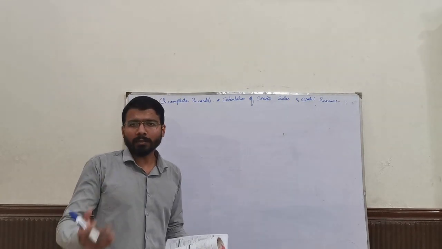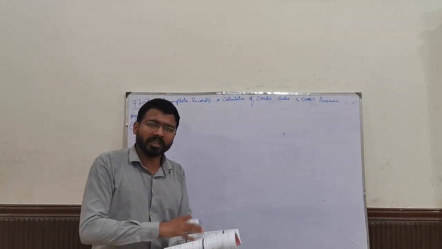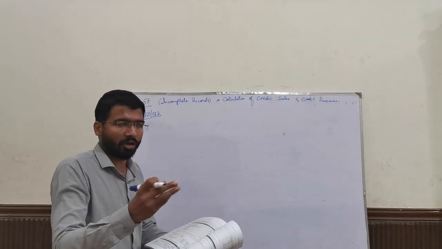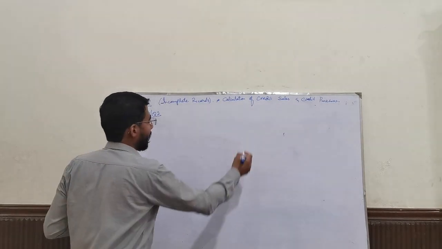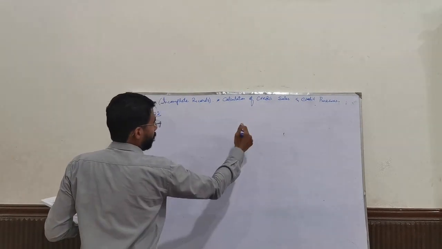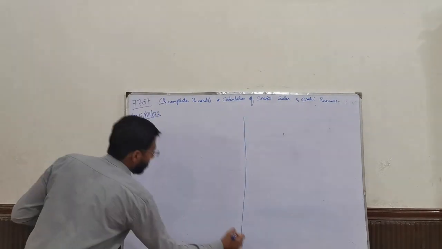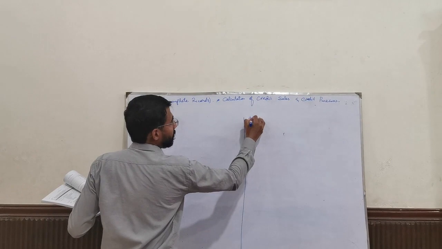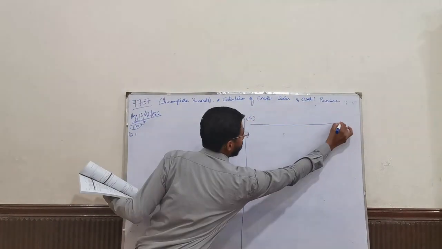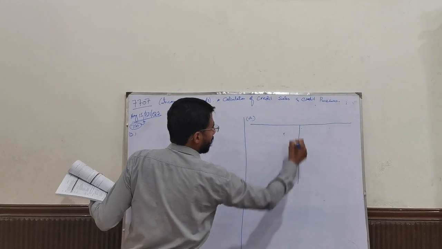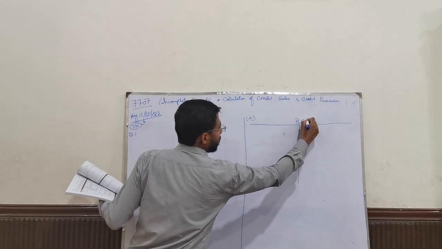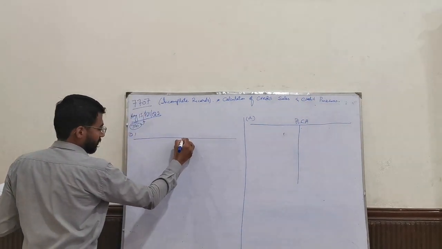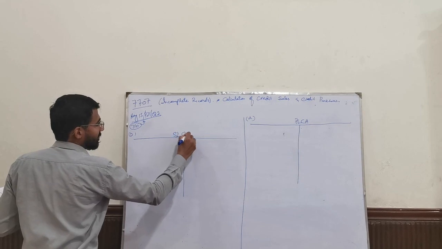Now what I am going to do is prepare both of these simultaneously together for your ease, so you do not have to go through the question again and again. I am going to divide my board into two halves. This would be the B part, the sales ledger control account. This would be the A part, the purchase ledger control account. You see, purchase ledger control account, and this would be the B part, sales ledger control account.